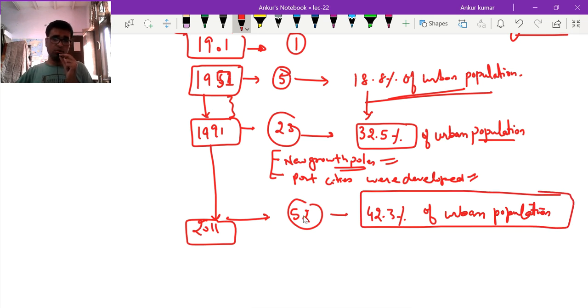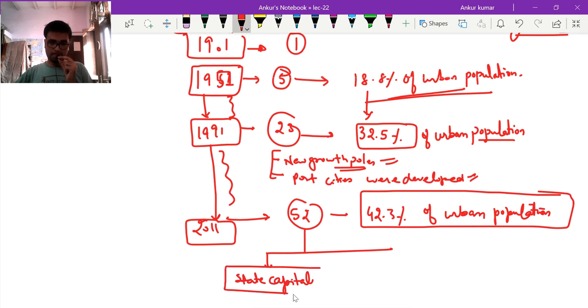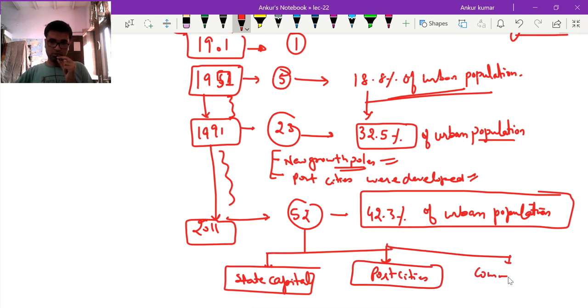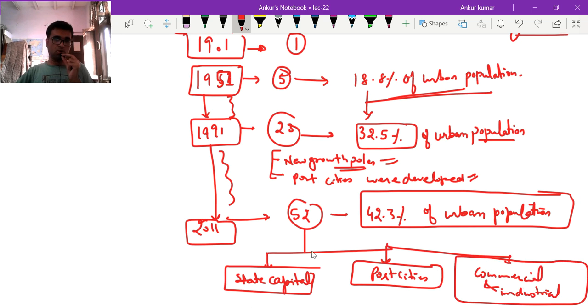Right. And during this addition from 1991 to 2011, again both inner as well as external centers were added. For example, new state capitals were formed, new state capitals came up, whether it is Jamshedpur, Raipur. Okay, new port cities were also created, and similarly new commercial and industrial centers also came up, for example Meerut, Ghaziabad, etc. So these grew as metropolization in this period from 91 to 2011. So this was basically the temporal analysis of the metropolization that happened in case of India.